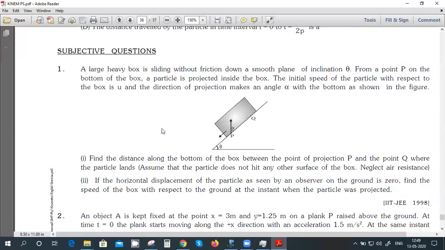But it's an interesting problem since once you know how to do it, you'll understand a lot of things because concept of relative velocity is there. Because the initial projection velocity is u, but this is not with respect to the ground frame. It is with respect to the box, and the box is already moving. If the box is at rest, then it's no problem. With respect to the box, the velocity of projection is u. So that changes the meaning of the initial velocity. Okay, you try this one. I'll give you the solution next time. This is in 98.